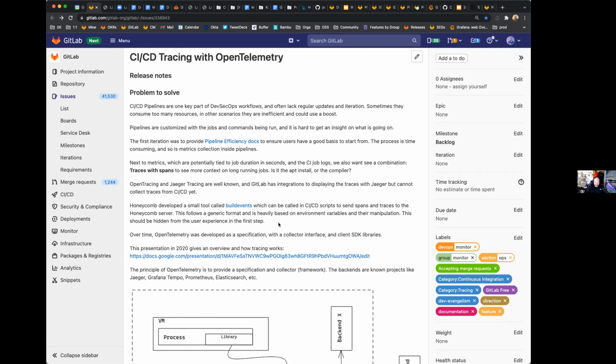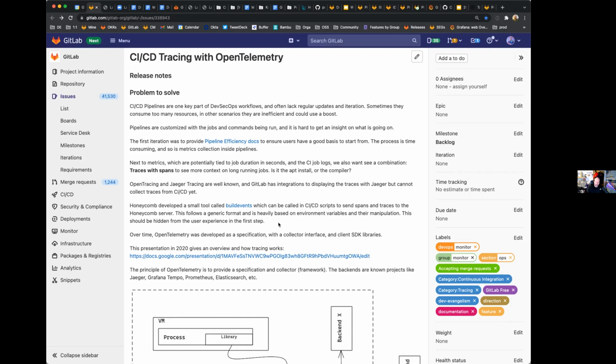In the best possible scenario, I as a user don't need to understand what's happening back there. But in the first iteration and the first MVC, it should focus on OpenTelemetry as a framework,